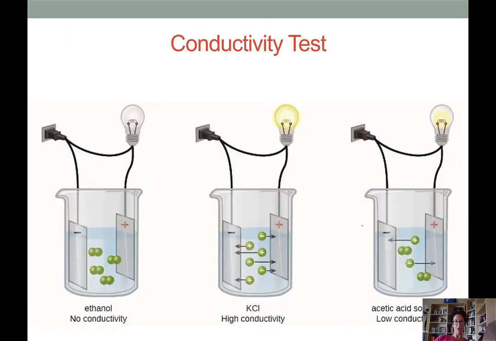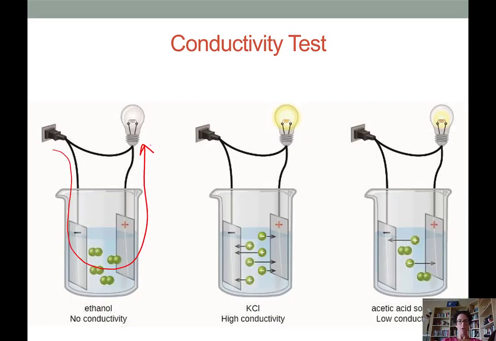We can test a particular solute to determine its conductivity by dissolving it in some water and then placing a light bulb with the two ends of its wires separated into that solution. So in a conductivity test like illustrated here, the only way electricity can flow out of the wall and into the light bulb is if there are some sort of ions between the anode and the cathode of our circuit here. So here's an example of a non-electrolyte,